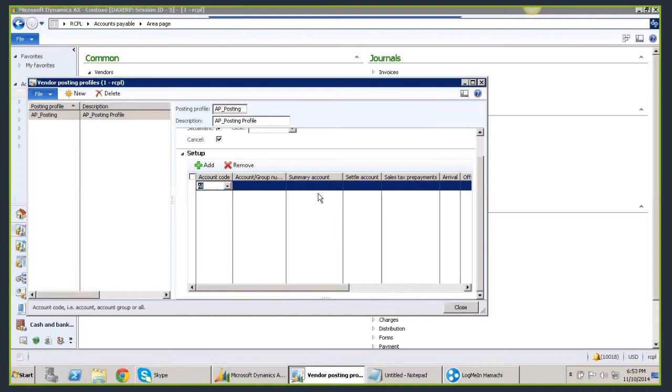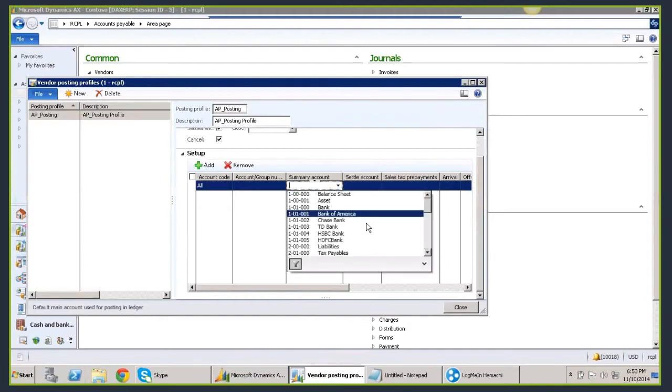They will also ask, can you explain about the summary account, or can you explain the working principle of posting profiles, or what is meant by a posting profile, or they will ask about the configuration of table, group, all with some example. Irrespective of the way they ask their questions, I am 100% sure that you are going to answer it easily. We have not created any summary account here as of now.